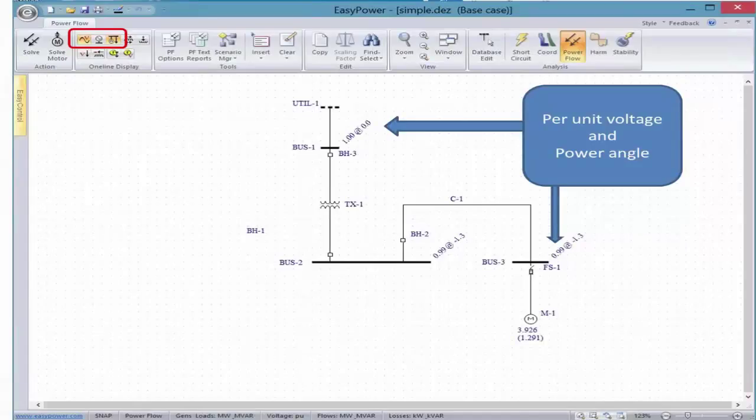So the bottom line, it's a way to take your one-line diagram and extract from it specific results. So this is a screenshot of the tool, and what it gives us is the ability, as we control